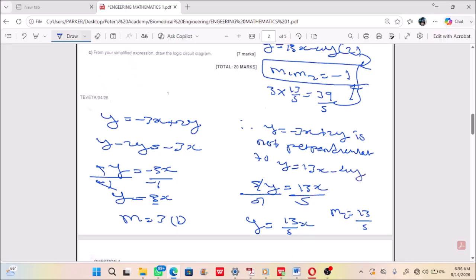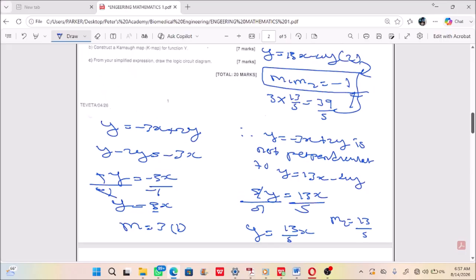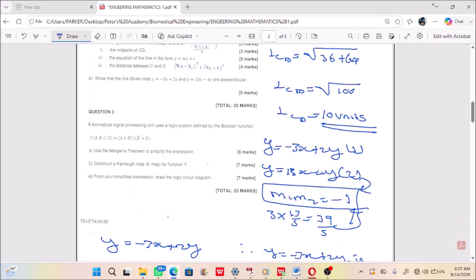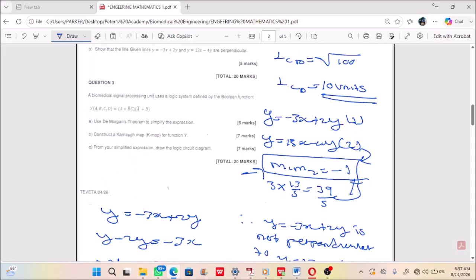The question was asking us to come up with a proof that shows the lines y equals negative 3x plus 2y and y equals 13x minus 4y are perpendicular. They're not perpendicular to each other, because they're not satisfying this equation here. So that was question 2B. Okay, so we move to question